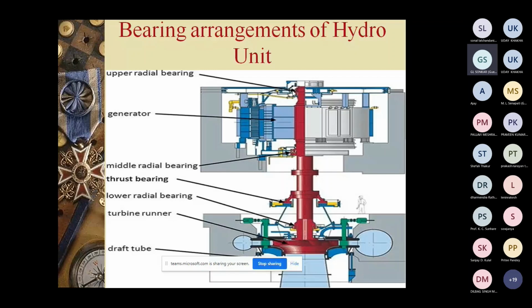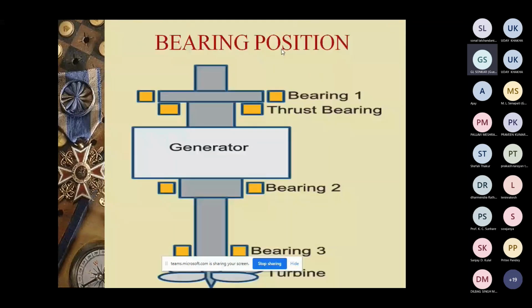Then the generator comes. Below the generator, you see the diameter also has some increased diameter. The purpose is that the number of pads will be more, and it is very easy to adjust. If the number of thrust and guide pads is more, then if one of them is worn out, it can be changed or adjusted for that purpose.